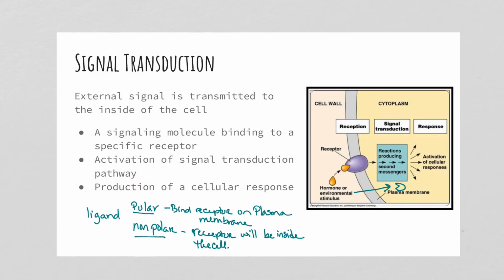And one of the reasons why we do this is it's going to help bring a cellular response, and it helps to do a couple things. It will help to amplify the response. So that's one of the reasons why we do this. And it also is going to help to really make sure that the signal is what we want it to be, so we're not making a mistake, because there are lots of players involved to ensure that we really want that response.